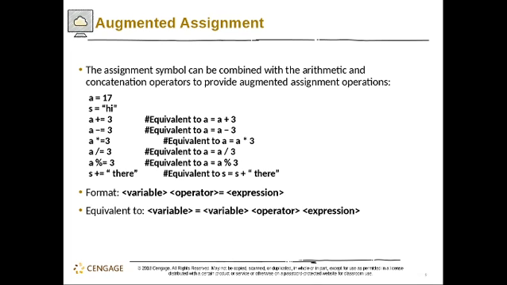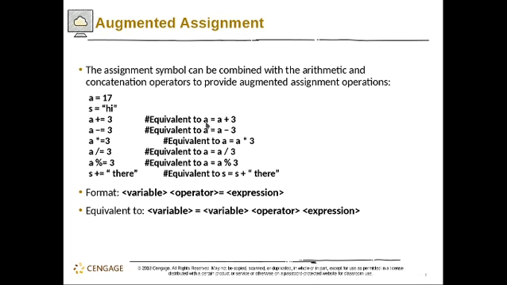And then these are some augmented assignment symbols. So this is basically for loops. Remember, in assigning values in Python, Python reads first the expression on the right side of your equal sign, and then reads the one on the left. So that means a is equal to a plus 3. That means the old value of a increased by 3 will be the new value of a.